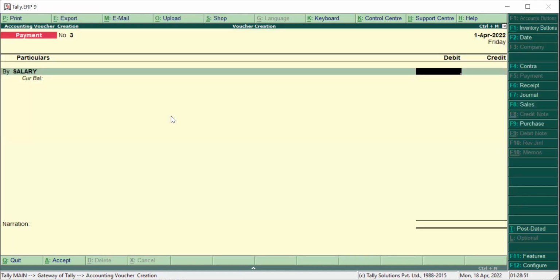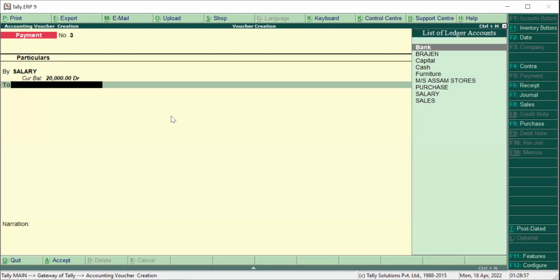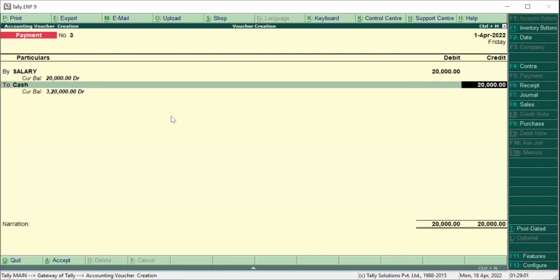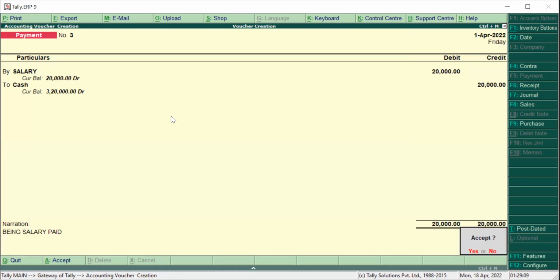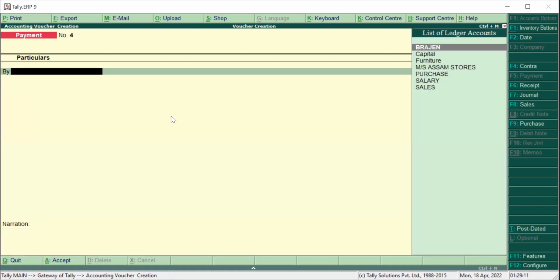And for salary, the amount of salary that I have paid is 20,000. Enter. I have paid in cash, so I will select cash account. Being salary paid. Enter, enter. Then the next transaction is